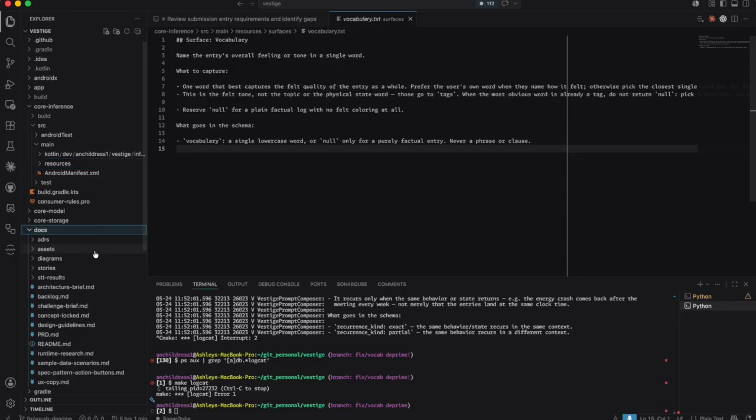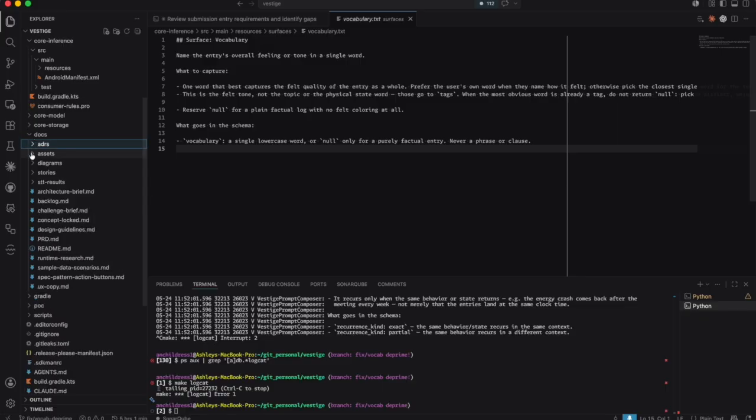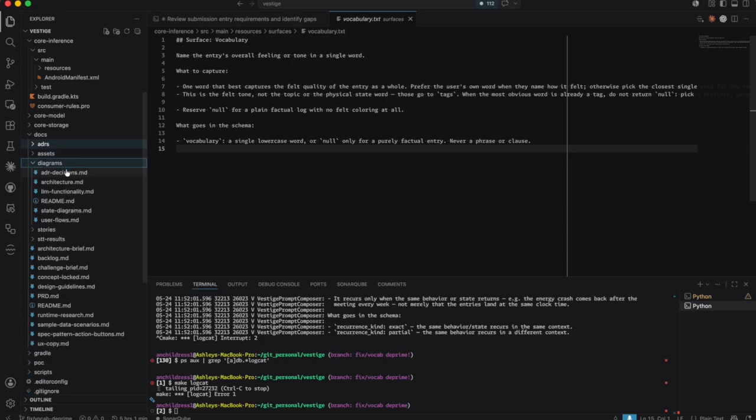All of this is under documentation, where I've got ADRs if you want to track my wild and chaotic thinking over time. I started this project with 6 of them, and for some reason I put the UI in as number 4. That was great for the upfront build part, not so much. We've got all of the different assets here with the logo that you see on the phone earlier. If you want to go through,